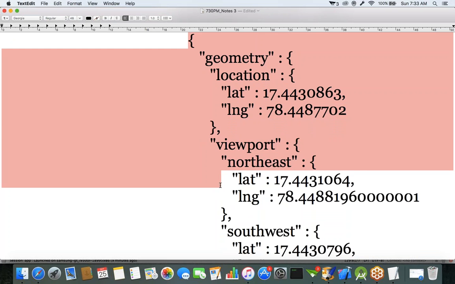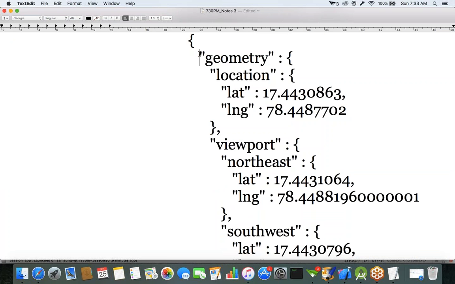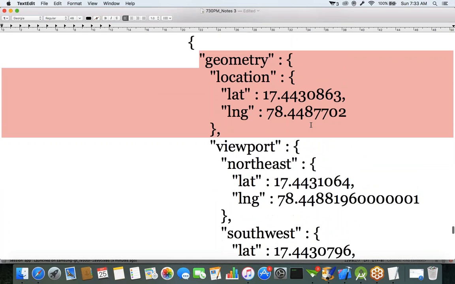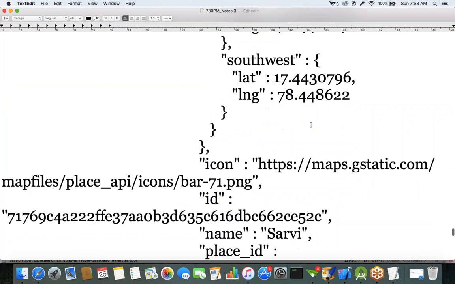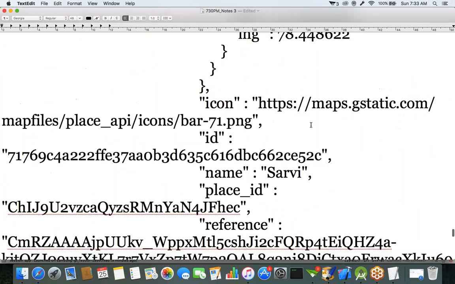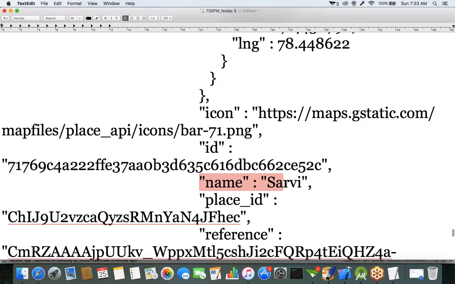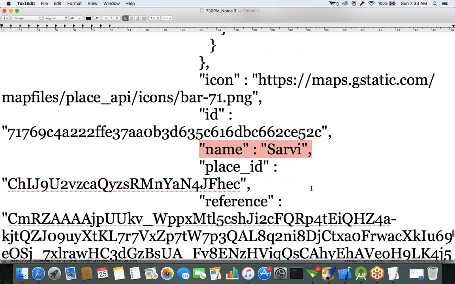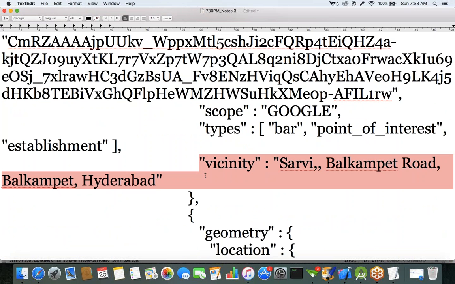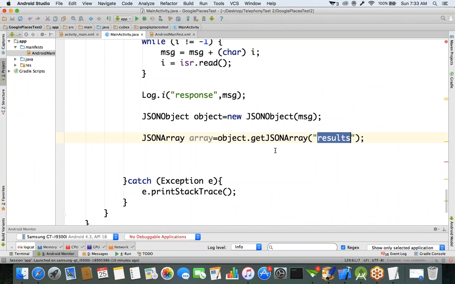This result object contains child tags, and again it has a child. This result tag directly contains two attributes. One is the name of the place, Sarvi, and the second thing is the vicinity. So here we got the array, and we don't know how many individual result objects are there